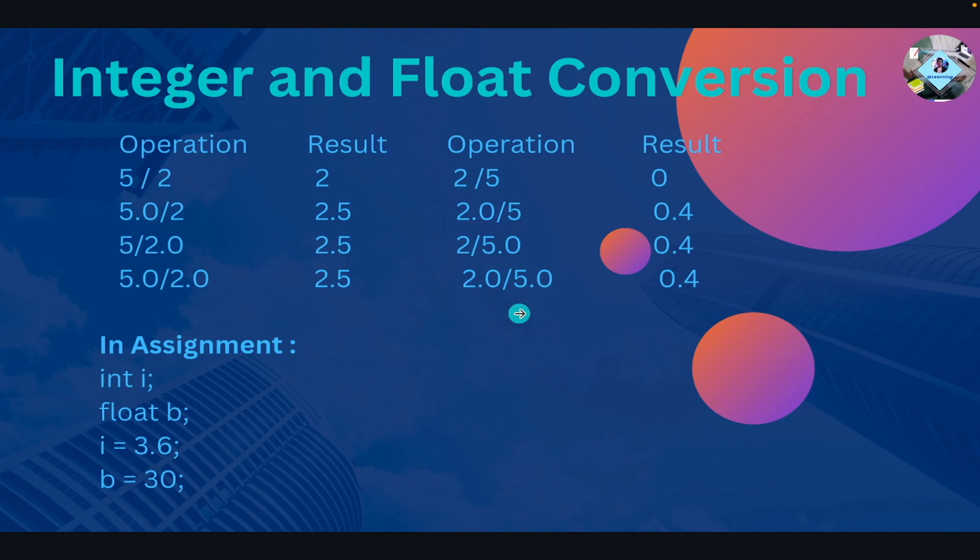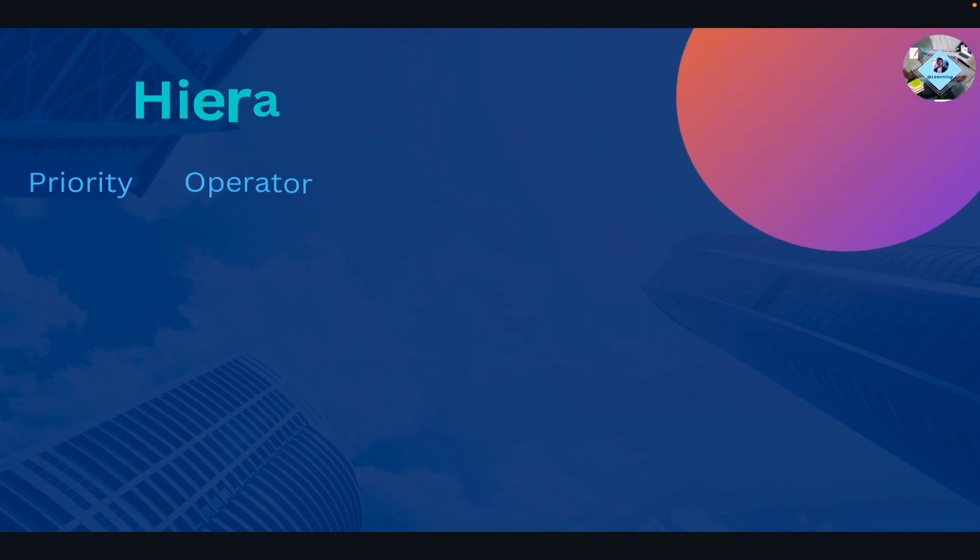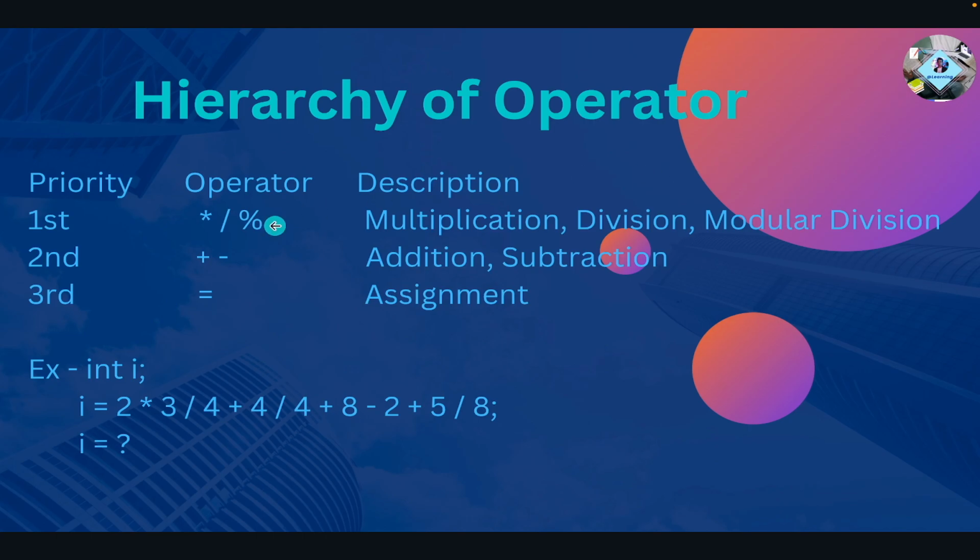So today I will discuss the hierarchy of operators. Okay, let's see that in action. The priority is first, the operators are multiplication, division, and modulus operator, right? Multiplication, division, and modular division. And then in the second position, the operators are plus and minus, addition and subtraction. And in the third position there is an assignment operator, right? The name is assignment. So the priority is like this